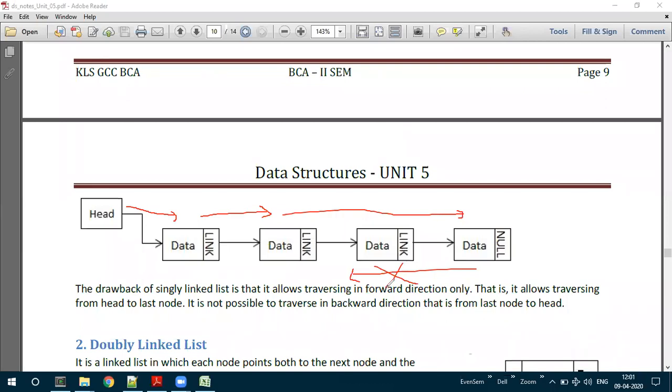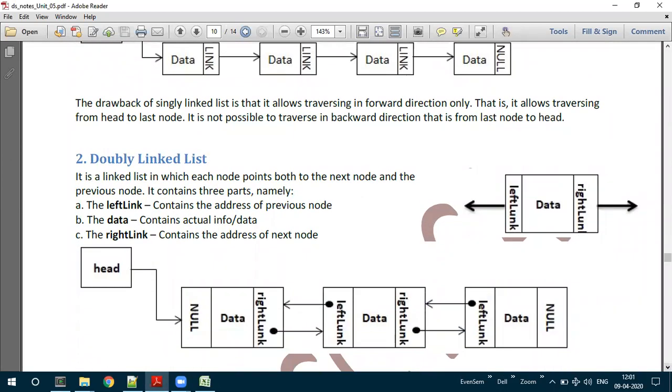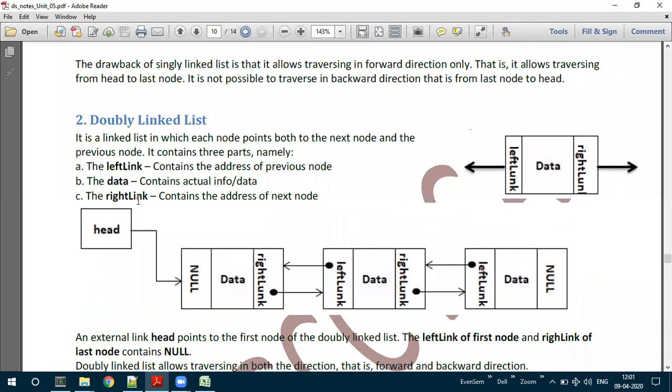In order to overcome this drawback, we have another type of linked list, which we call the doubly linked list. Doubly linked list means again a linear collection of data elements called nodes, but each node will contain three fields.